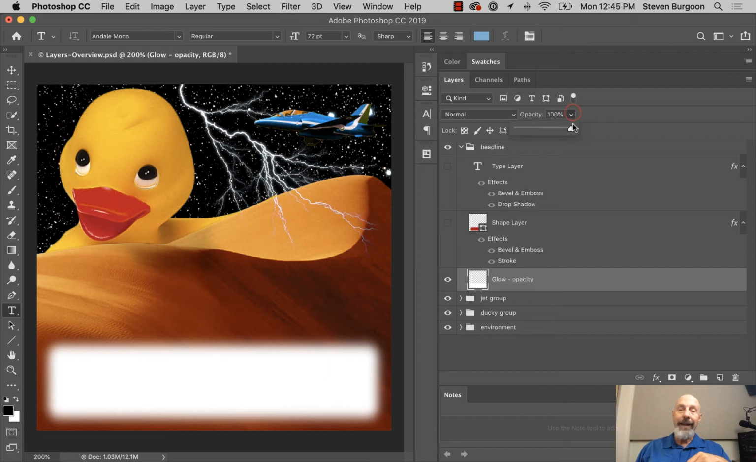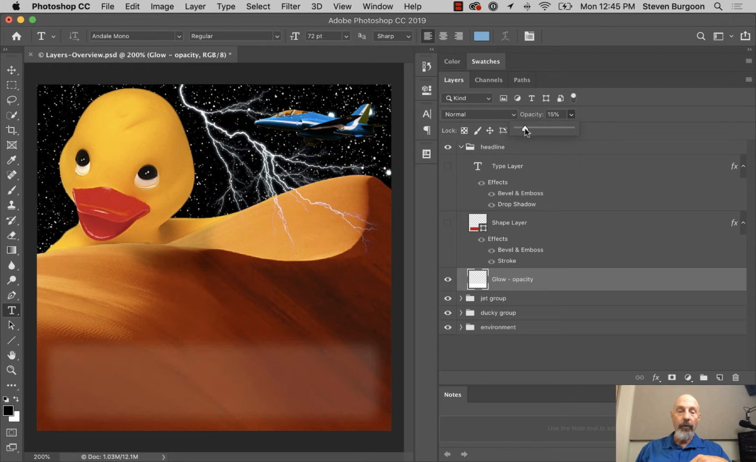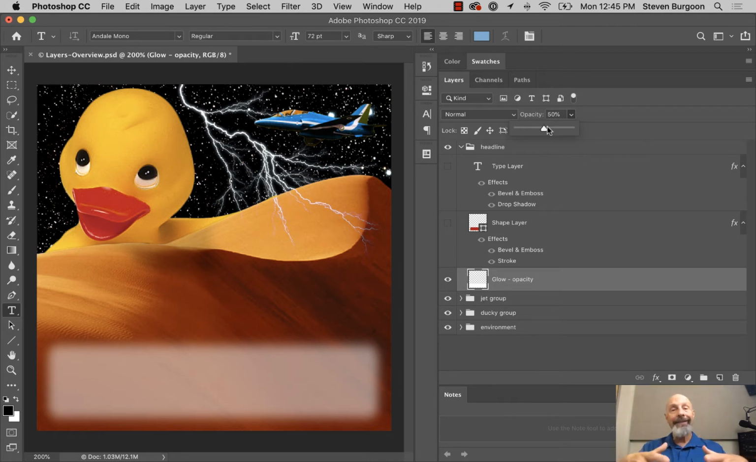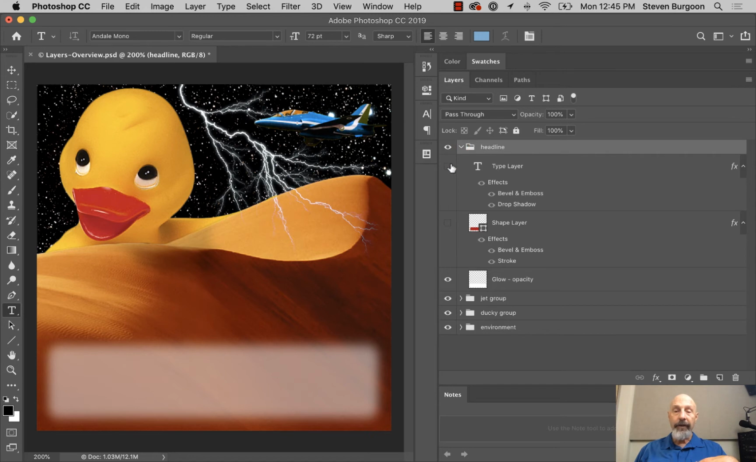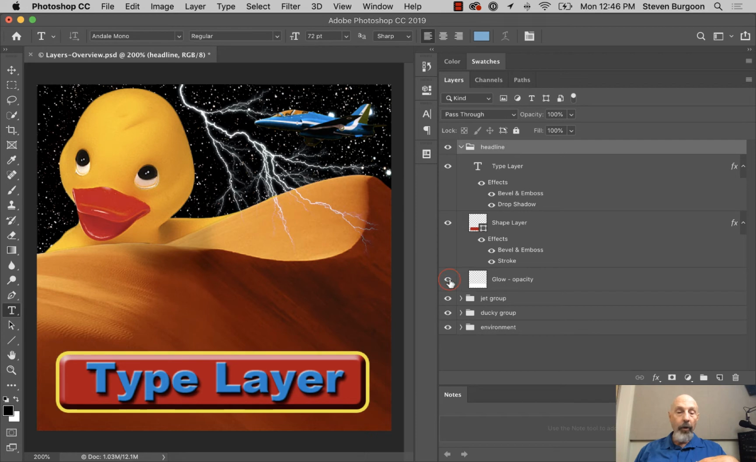When I dial down the opacity, you're able to see through it. Notice I can go way down or anywhere in between. That is the opacity of a layer. If you dial down the opacity of a layer, all the pixels on that layer are going to start to show through the background images. So that is the headline text layer. You see there's a type layer, a shape layer, and that opacity layer, and there's layer effects that you can